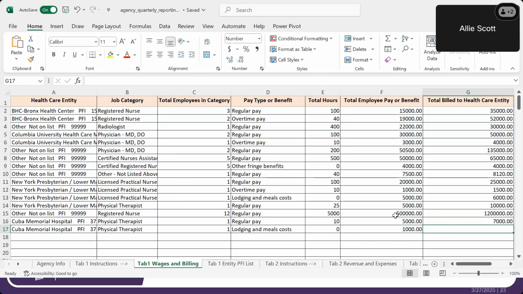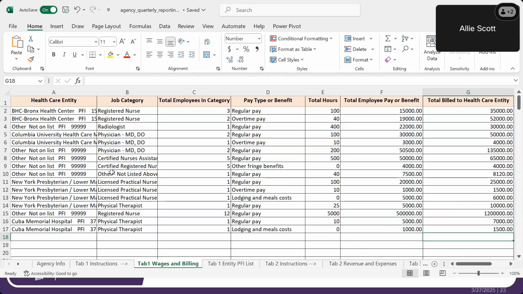And then I'm going to enter in the amount that I billed the healthcare entity for that service or fee. If you billed a value that is less than what you paid the worker, you can still include that. Any amount of money that you bill a healthcare entity, please put that in this list for us.